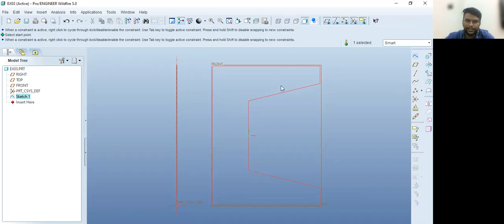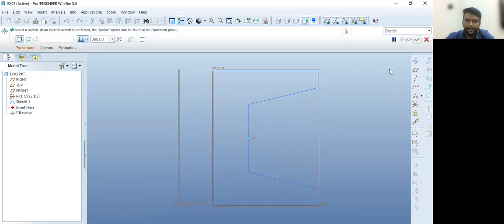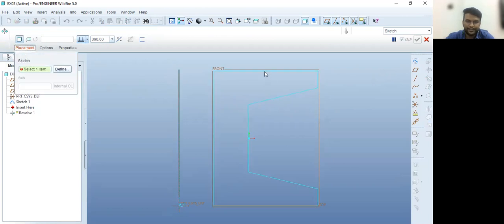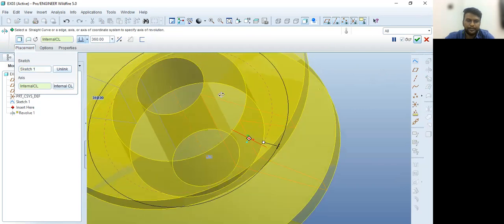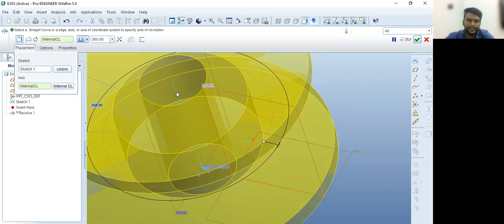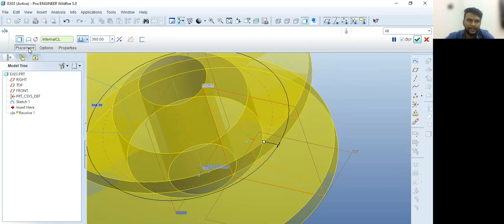This sketch is already selected. I'm going to click just outside of the sketch area. Left click. Now it is unselected. So click on the revolve tool and go to the placement and select the sketch here. So this is my sketch, and because I already created the center line, it is going to automatically take this axis as that center line.